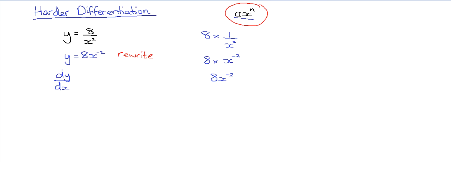Okay. So 8 times negative 2 is minus 16 x, reduce the power by 1, negative 3. Okay. So again, this really isn't good enough, because if we're going to substitute values in later, we can't have it in this form. We need to come back to this fractional form. So I'll put this over here. So this is the same as that. I'm just popping the multiplication symbol in there, which we can hide, which is the same as this, using our indices knowledge,